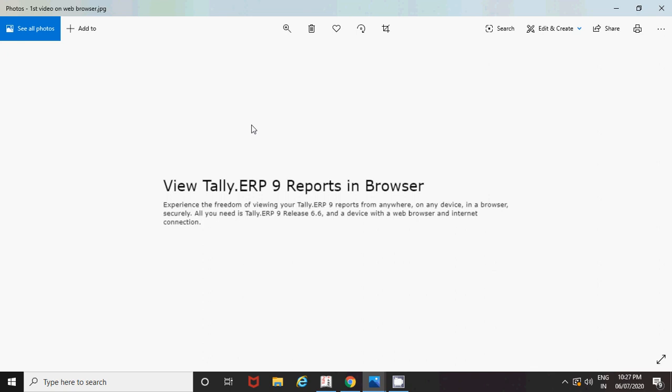That's it. So how it works and whom does it help? Especially business owners who are outside their business and want to know what is happening in their business. It's a good advantage for them, where they can come to know what exactly is happening. They will be able to access their balance sheet, profit and loss, invoices, outstanding, and there itself they can download the reports and send it to their customers.